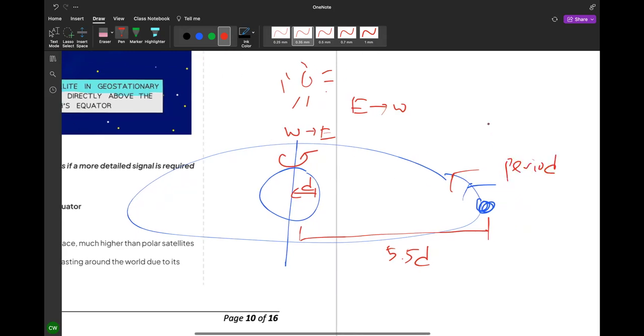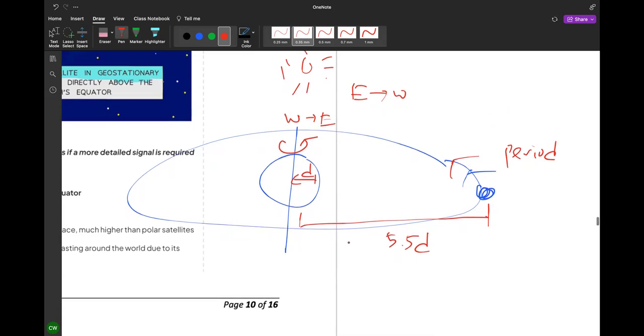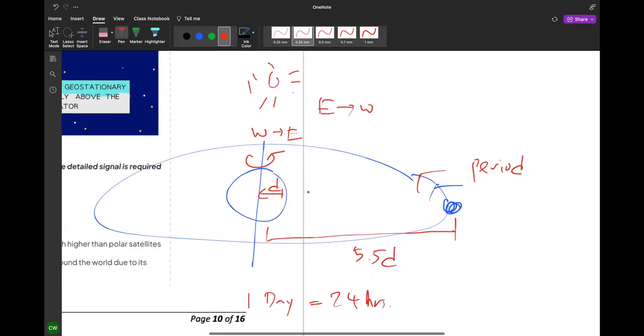What is the period of the Earth? What is the time taken for the Earth to rotate one round by itself? 自转要多久? Self rotation. One year or 1 day? Turn one round, how long? 1 day. 1 day is how long? 24 hours.